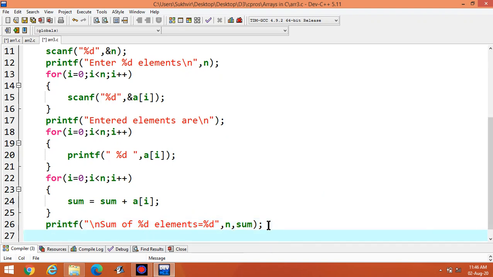The last step is calculation of average. Average of %d elements is equal to %d, or you can write %f here, then n, and here you can write average av.